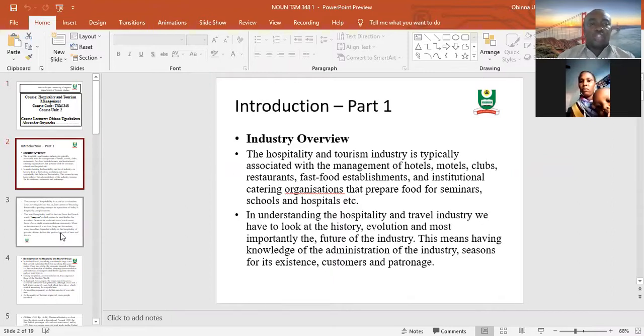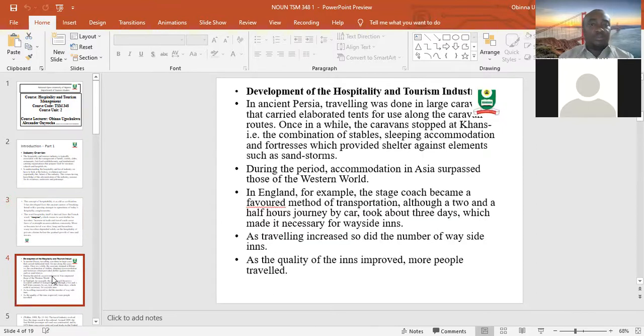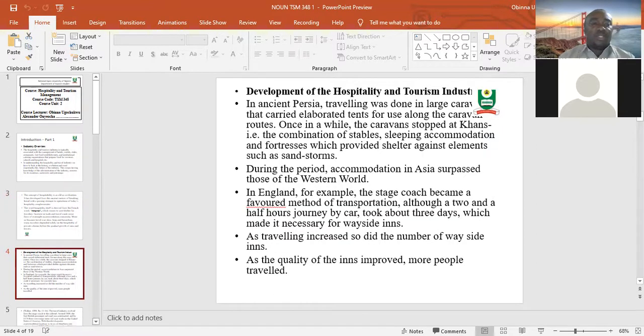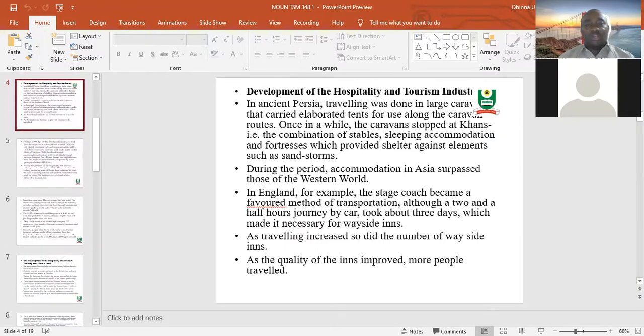We also checked the history, how it all began, how the word hospitality came about. We have also looked at the developments in the industry,